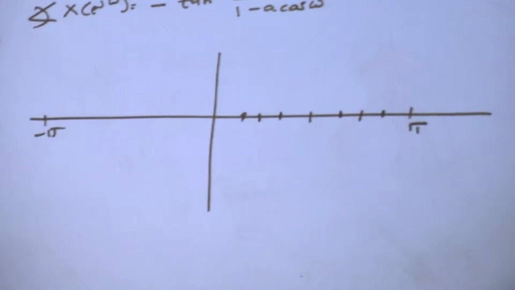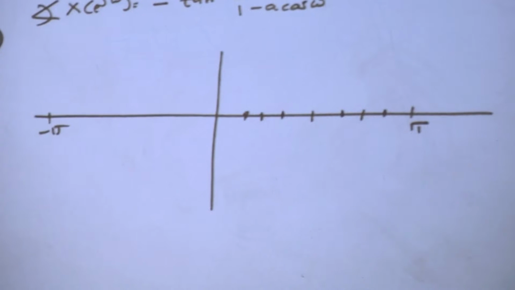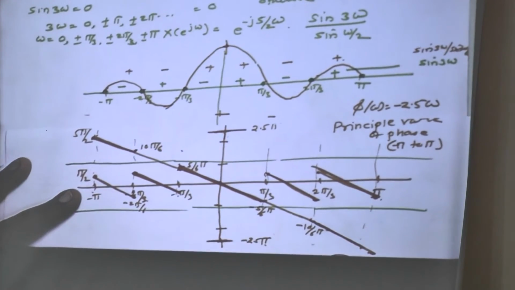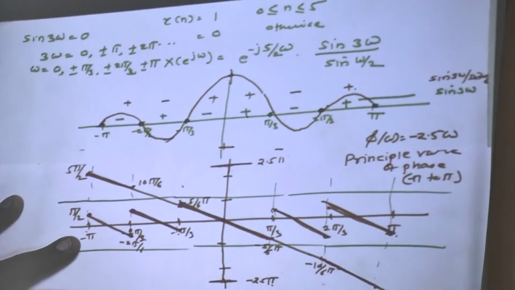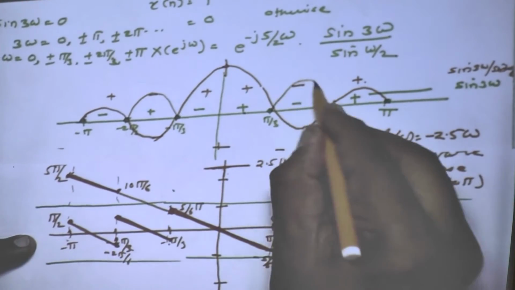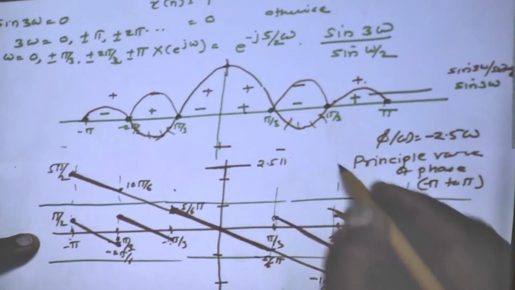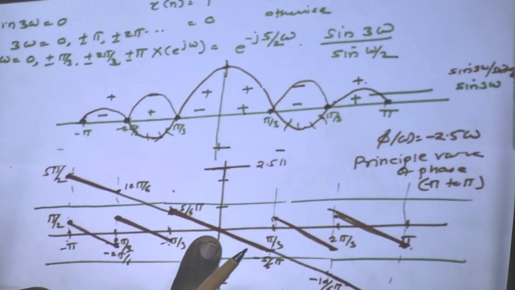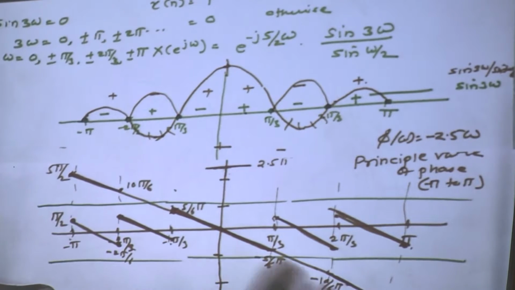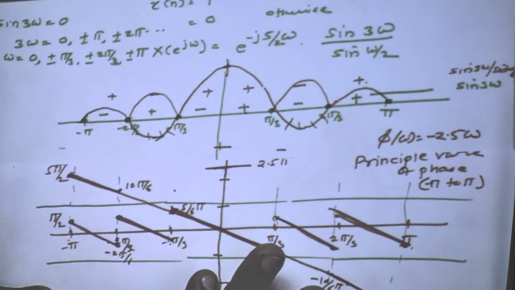For a real value of x[n], the magnitude response is an even function and phase is going to be an odd function, as we have checked in this case as well. See here, the given sequence was real, so real sequence. For this, the magnitude function is an even function. Phase is an odd function, you see. Everywhere, whatever is this value, same is this value with negative sign. Alright, magnitude is an even function, phase is going to be an odd function for a real sequence.